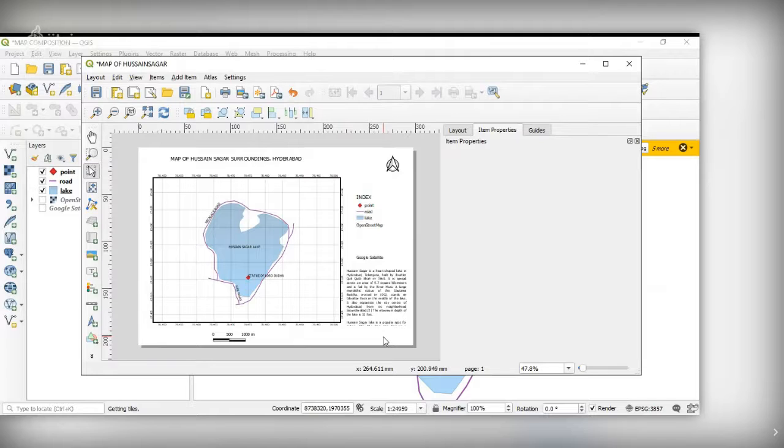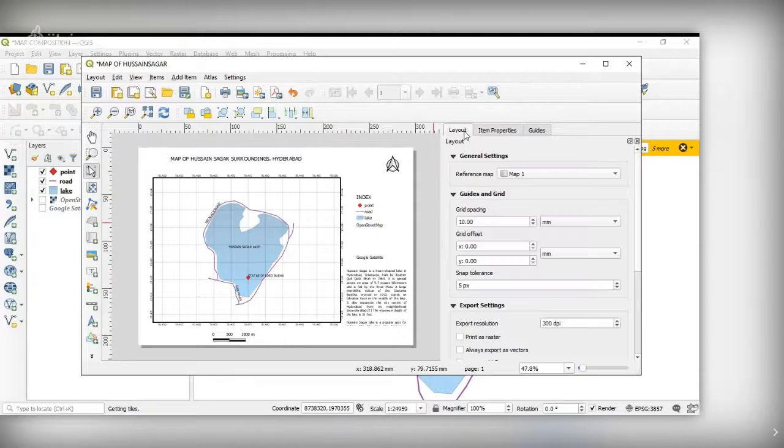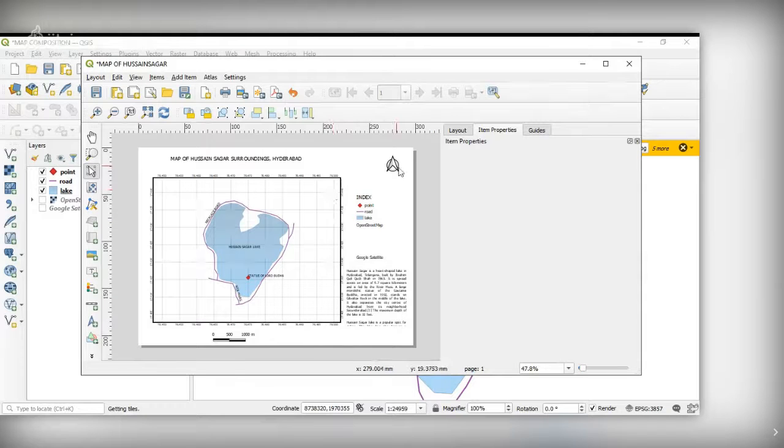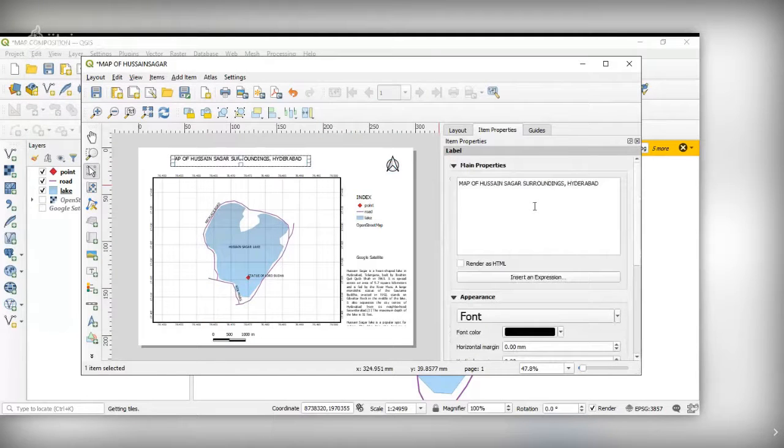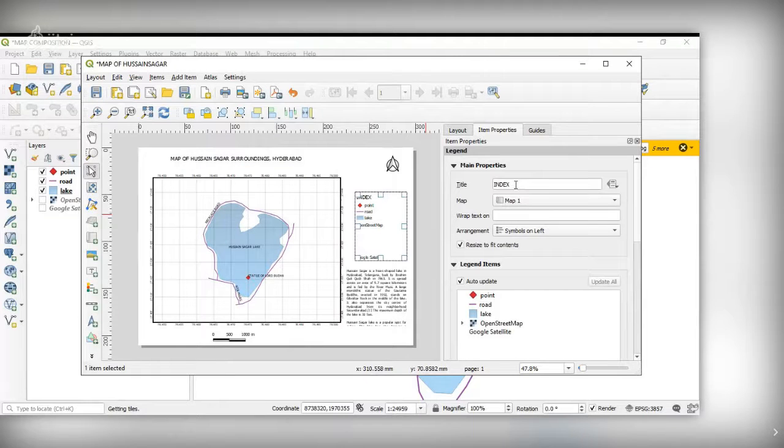And if you want to modify anything, see, suppose you have a list of items, isn't it? Now you select this, you select this, you select this. For each element, you have a properties list. So you can change the font size, you can change the font color. Suppose the index: this title of the index, you can change.